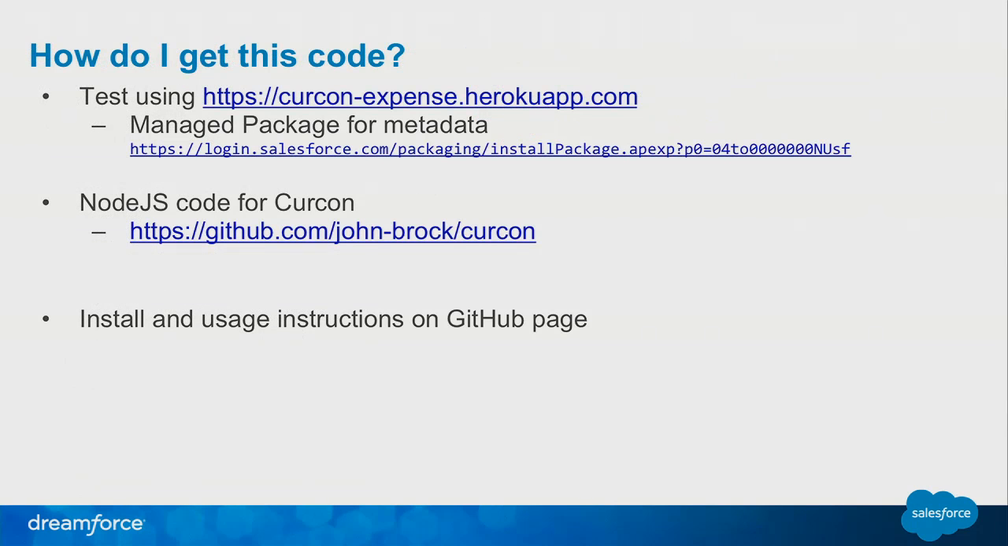And where can you get this? Where can you see it? It's live today. So I've created a managed package. It hasn't gone through security review yet, but it does have the connected app, which I'm using for Kirkon. And it has the custom permissions and the permission sets that you've seen today. You can install that in your dev org and basically try out